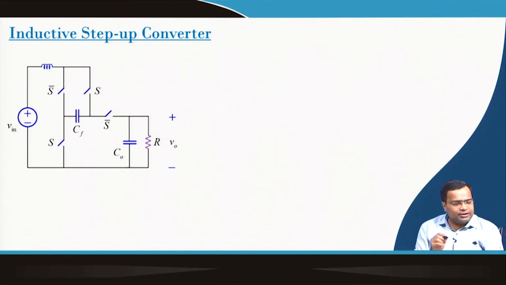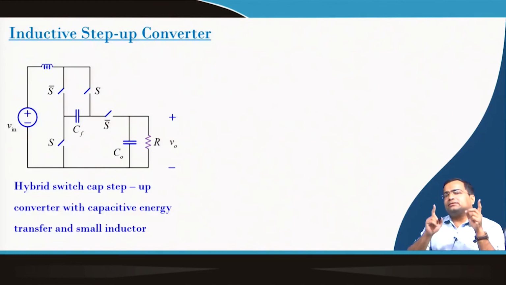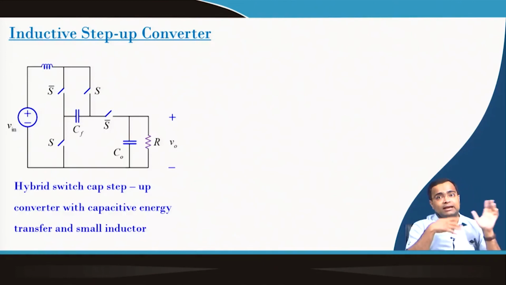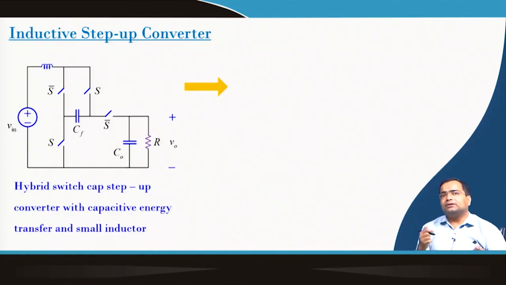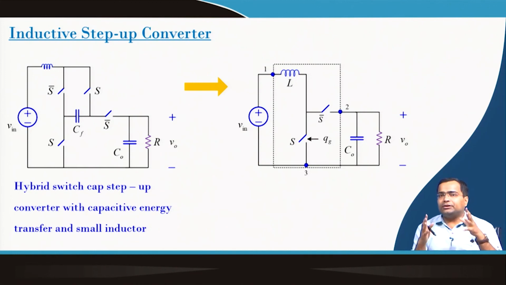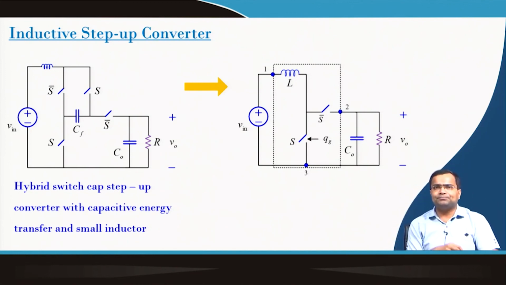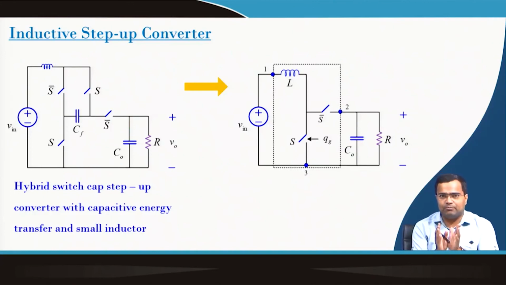But now if we replace the flying capacitor with a pure inductor as the energy transfer element, then it becomes a regular boost converter. This is known as the DC-DC boost converter, where the inductor is responsible for energy transfer from input